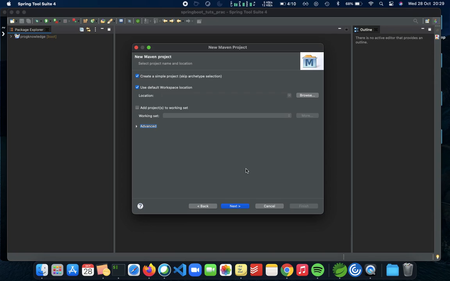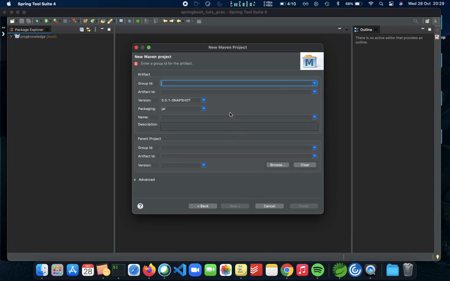So we have a very simple project here. Go to Next, give it a group ID. Group ID is basically a name for what you want to do. So we'll just call it to-do list. The artifact ID is going to be the same. And we'll let the version be 0.0.1 snapshot, nothing against that. And the name is going to be again to-do list. No need to give a description here, and we'll add a parent later. So simple naming conventions to our project, a to-do list API. When we click on finish,